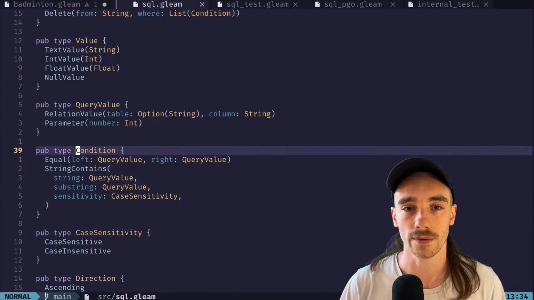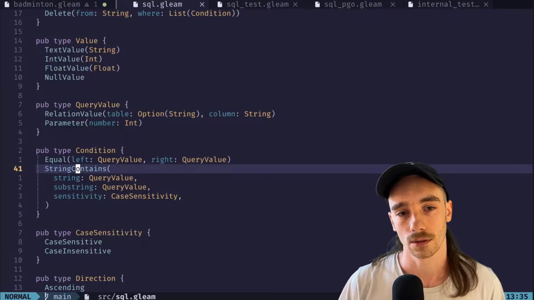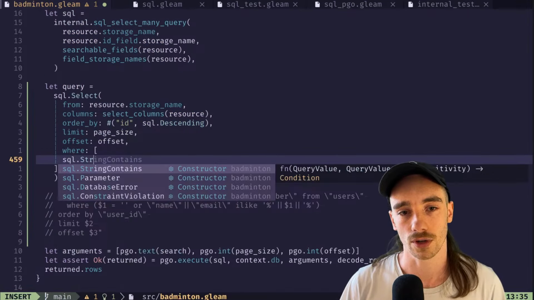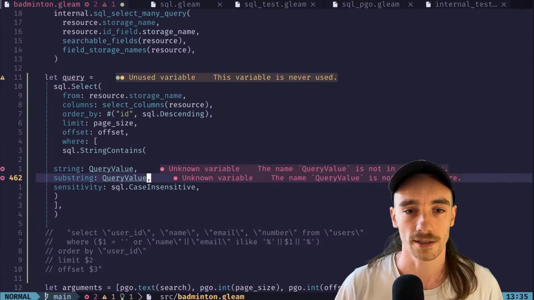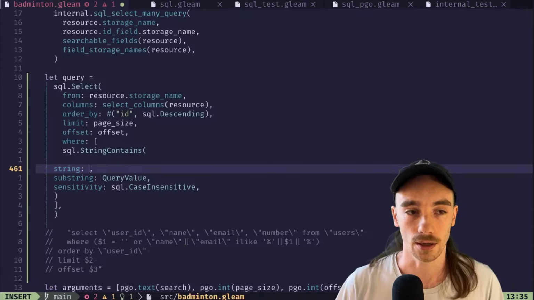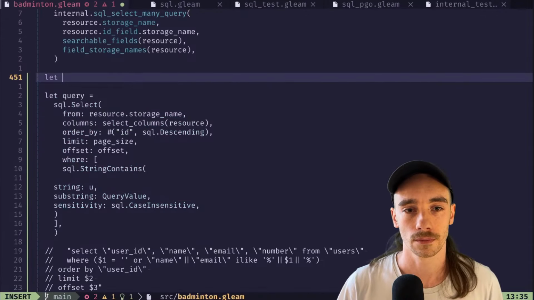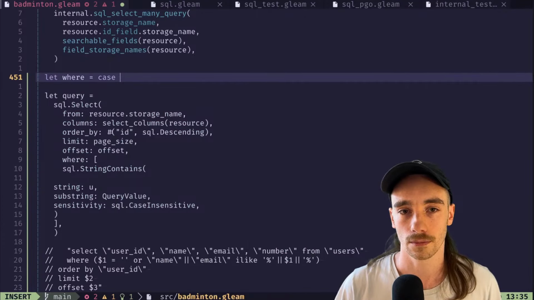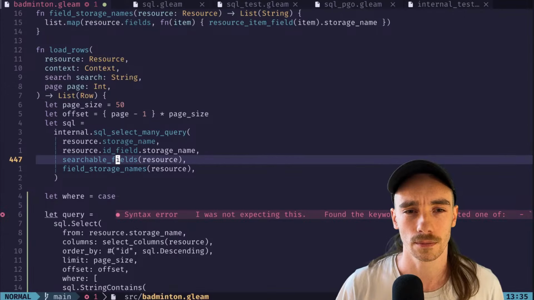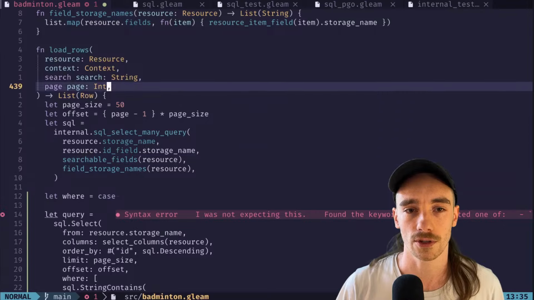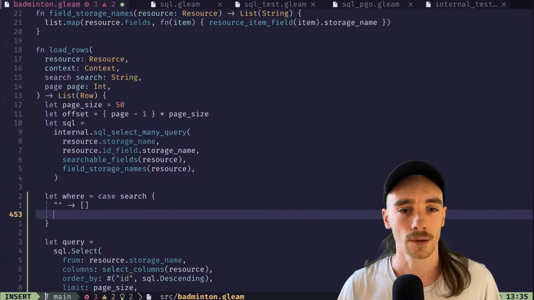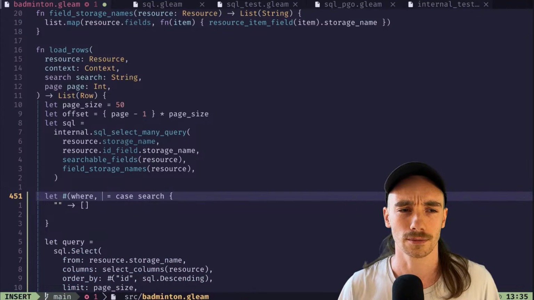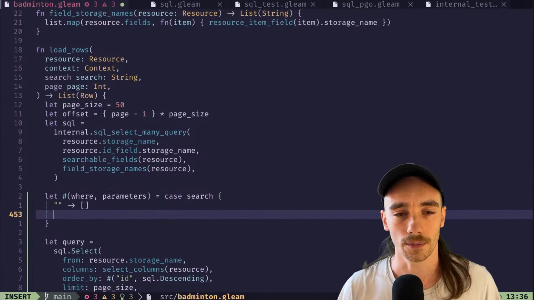So where? Oh, but we need to have this like I. Do we even implement I like? Oh, we've got string contains. Okay, so that would be where SQL.string contains, case insensitive. How do we know if we've got a search term? Oh, here we go. The search term is a string. If it's empty, we don't do any filtering. But then we need parameters as well. But if it is not empty,